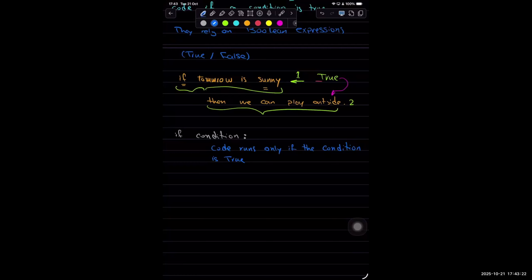We can go outside and play only if tomorrow is sunny. So the code runs only if the condition is true. When we are working in Python,